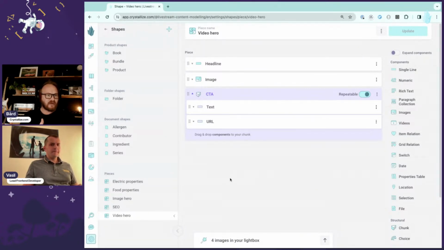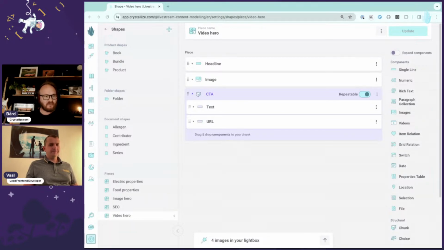This is also new, right? So that you can have a chunk in a piece. And here it's two text lines. It could have been maybe a relation, if you want to have an internal link being created. So I guess that's another example, and we'll see how we can stitch that together on the